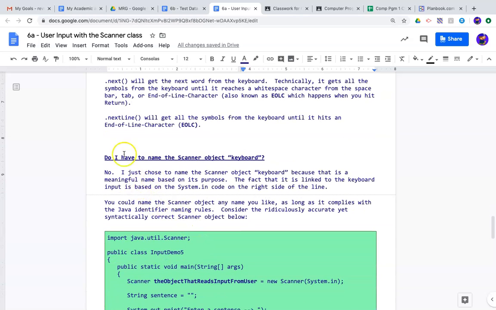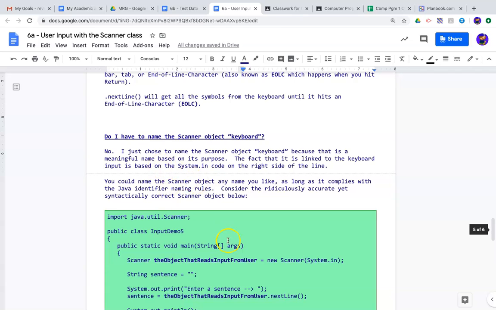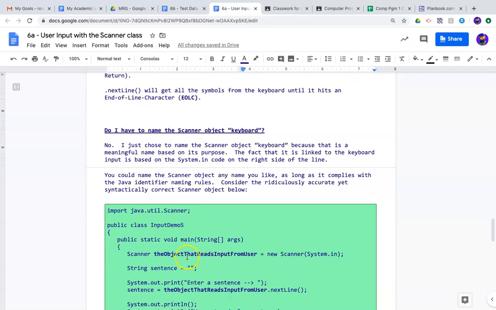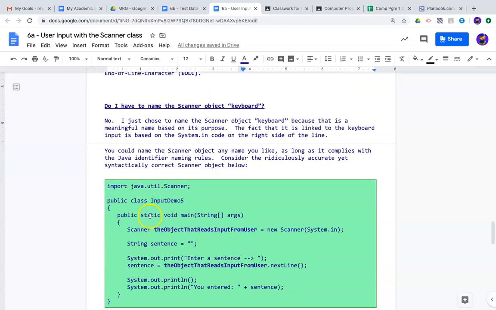Another question, do I have to name the scanner object keyboard? And the answer is no, you don't. I personally, in this case, chose to name it keyboard because that is a meaningful name based on its purpose, and that's what you should do when naming variables: they should be given names that are meaningful and accurate. You could call it something ridiculous like what I have right down here, the object that reads input